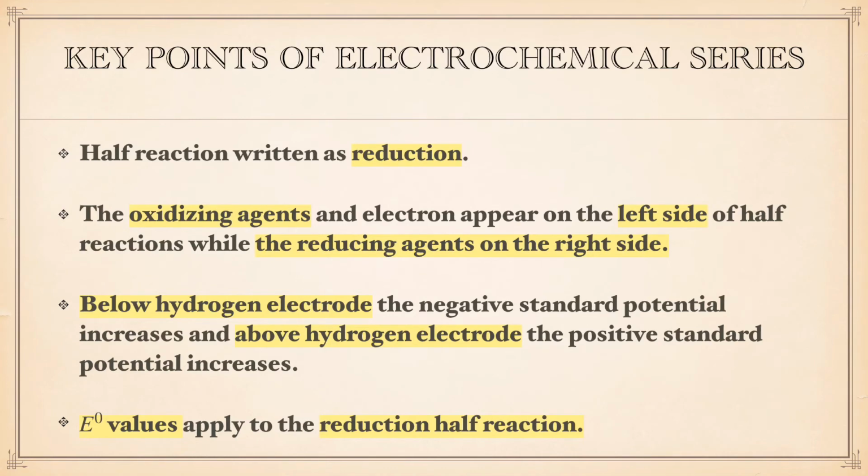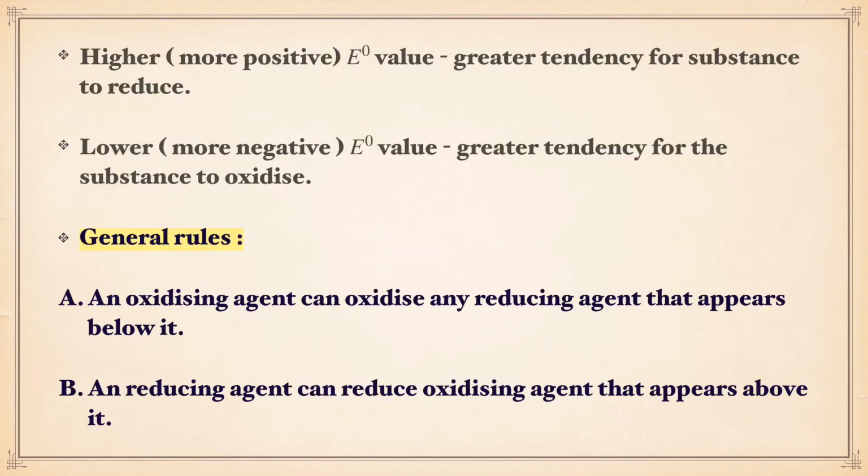Okay, third point: below the hydrogen electrode the negative standard potential increases, and above the hydrogen electrode the positive standard potential increases. Next point, E0 values apply to the reduction half reaction. Next point, a higher E0 value, that means a more positive E0 value, will have the greater tendency for the substance to reduce. And a lower, that means more negative E0 value, means it will have greater tendency for the substance to